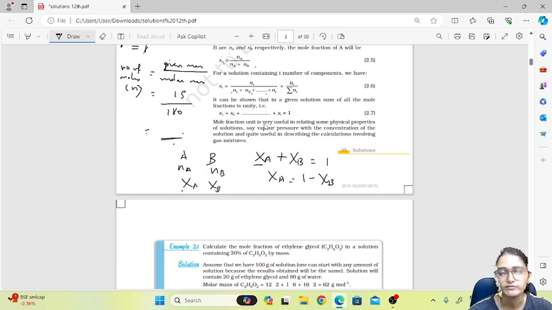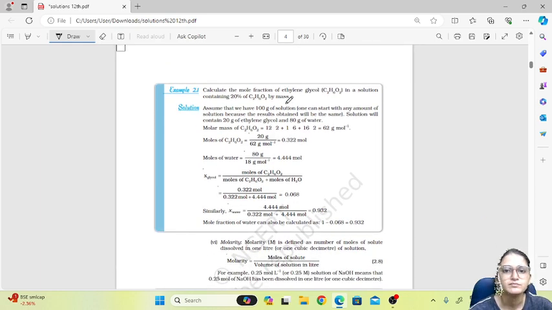So if chi A value is, suppose, 0.56, then 0.56 will be equal to 1 minus chi B. Now I can keep this chi B over here and take 1 over here. Otherwise, what I will do, I will take chi B on this side and 0.56 on this side. So it will become chi B is equal to 1 minus 0.56, which will give you the final answer.